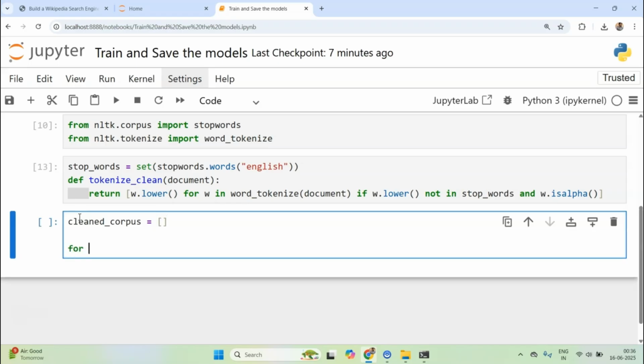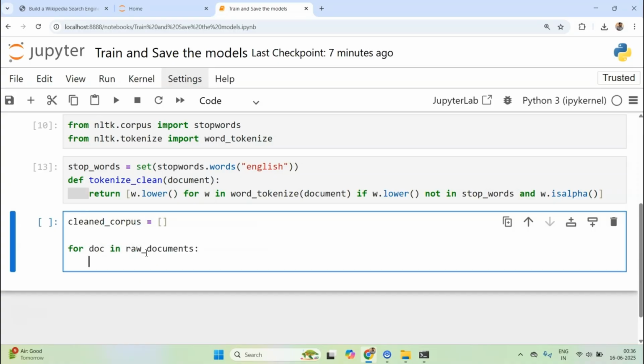For each document in raw documents, I'll call tokenize_and_clean on doc, and this whole thing should be appended to cleaned corpus. Now let's run it for maybe only the first 100 articles, just to see.